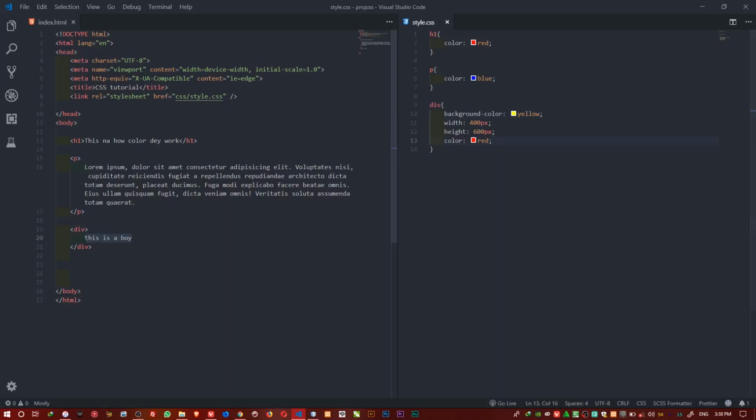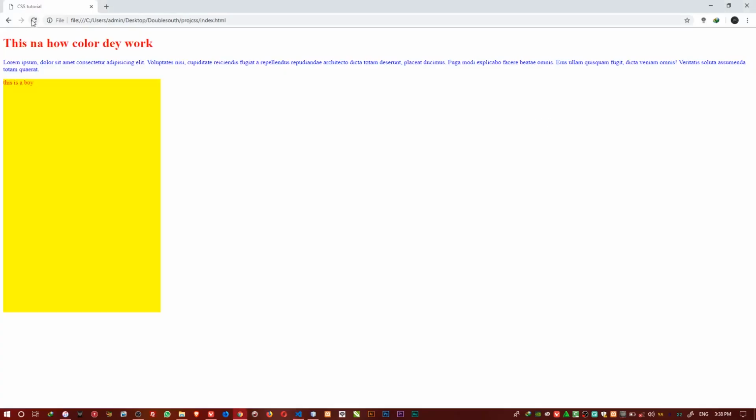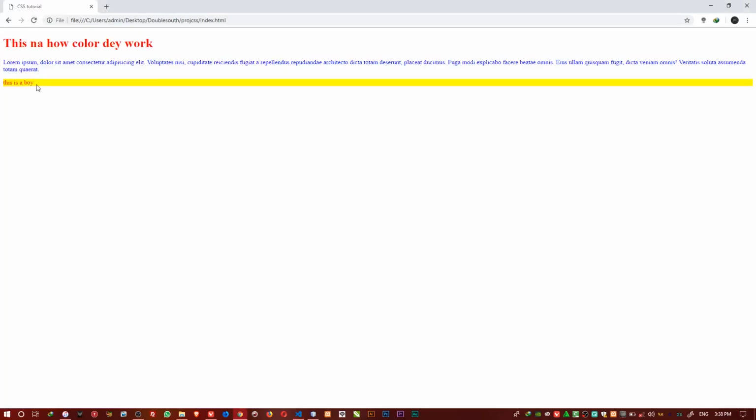Another thing with this container is that you can specify width and height. So I say maybe the width be 400 pixels. I say maybe the height be 600 pixels. If I don't specify, the thing will just be like this. What does it do for me now? It wraps the contents. It just wraps the content, so it only gets big based on how many contents I put inside. It will expand.